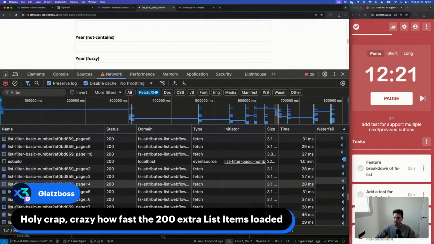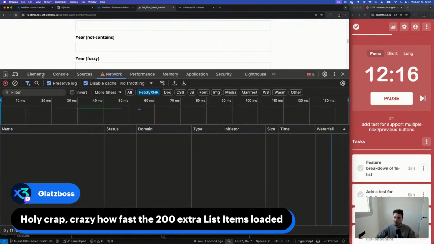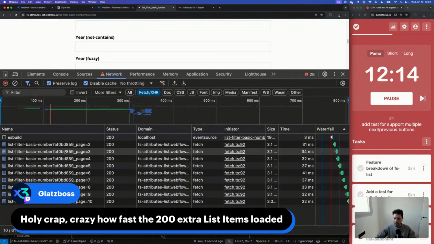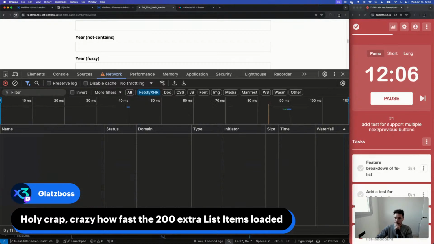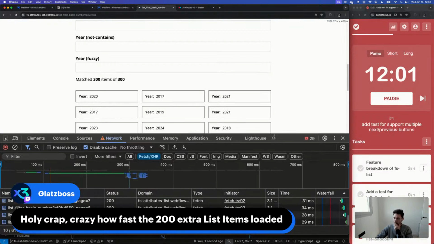So essentially here, somehow it's not being cached now. Interesting. But ideally, these requests should not stay here. It should be cached.